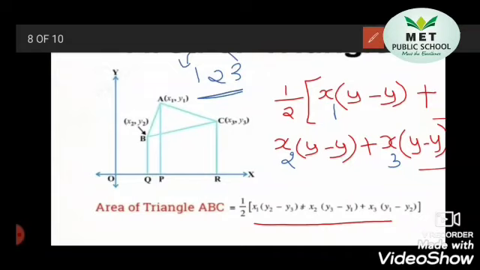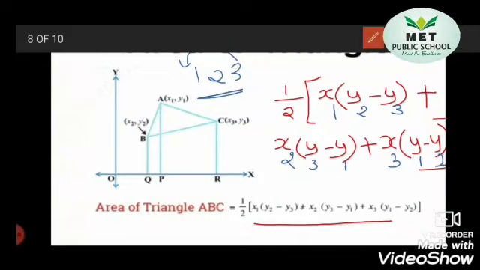So in the first one you can see x1 is there, so y will be 2 and the other y will be 3. In the second formula you see x2 is there, 2, afterwards the number will be 3, after 3 it will be 1. In the third formula you can see x3 is there, 3, afterwards it will be 1, then next it will be 2. Now compare the formula which I taught you with the trick and the formula given. Both are the same. So this is how simply you can remember the formula easily.